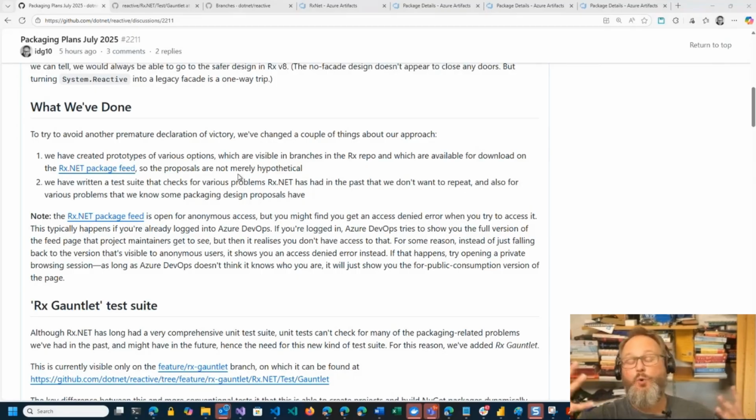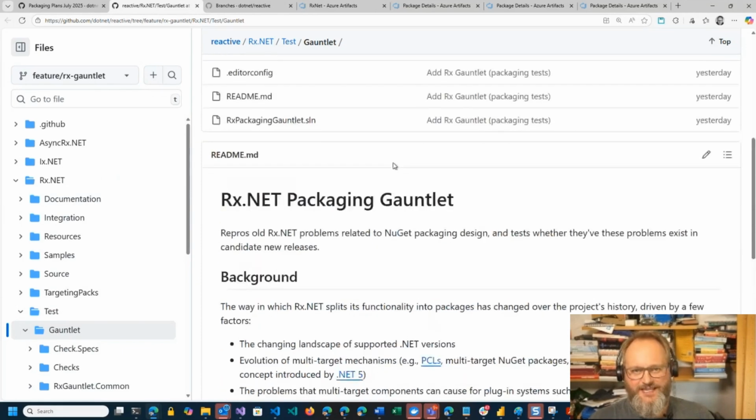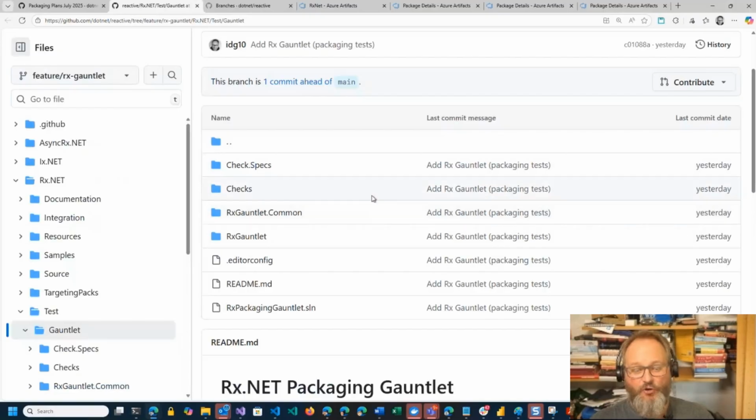So I talked last time about this proposed test suite that I called RX Gauntlet, and that now exists. So if I can actually get the focus in the right window, there we are. So in the RX repo today, it's currently on a separate branch, the feature/RX Gauntlet branch, but it's in there. You can go and take a look at it. In the RxNet test folder, there is a Gauntlet subfolder, which contains the source code for this suite